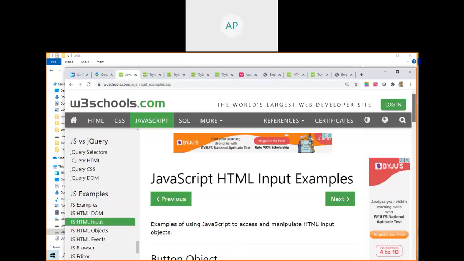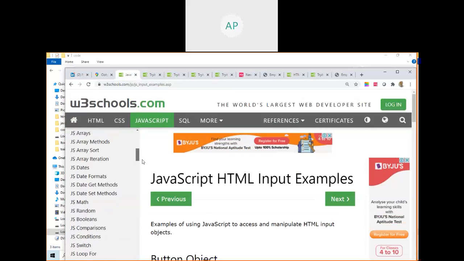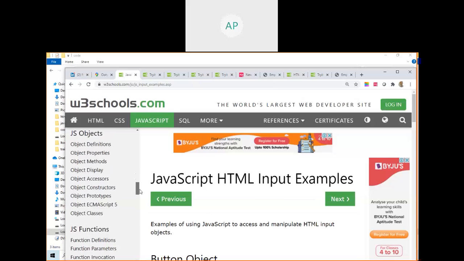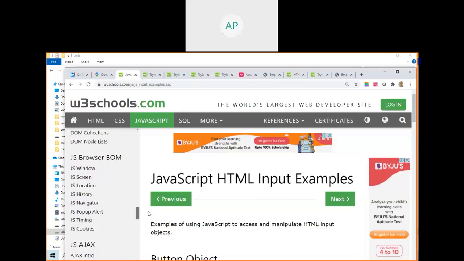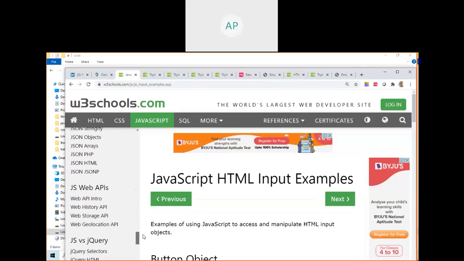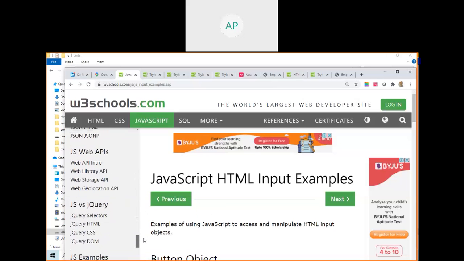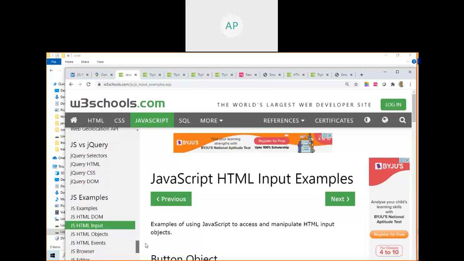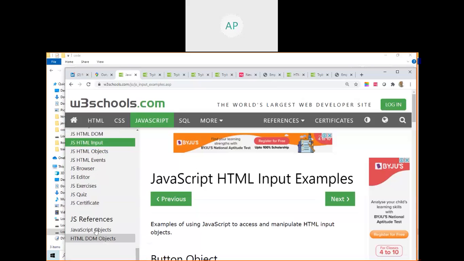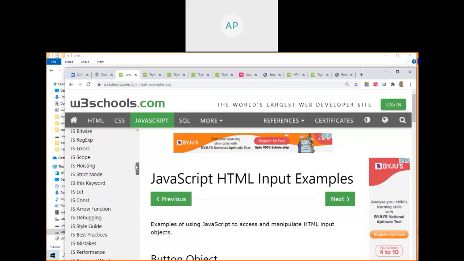No one should need to teach you. You should be able to learn on your own. Here, what are the things that you are going to read? Up to this one: read the form API, object, function, DOM, BOM, and I will teach you Ajax, so no need to look into Ajax. JSON, no need to see. Java, yes. Web API, I will explain after some time. jQuery, I am going to explain after some time. And you can see this example, and just to complete this, all self-learn, and also see this and this.